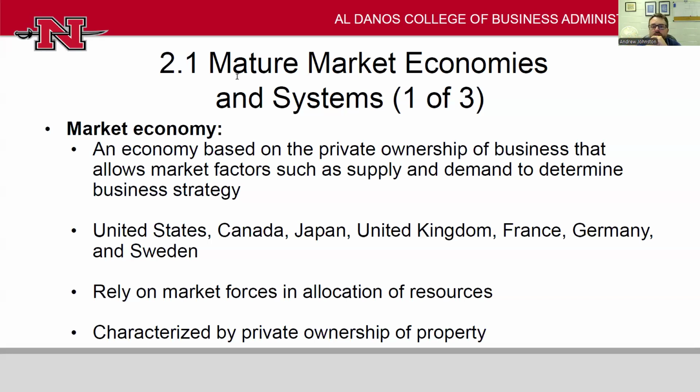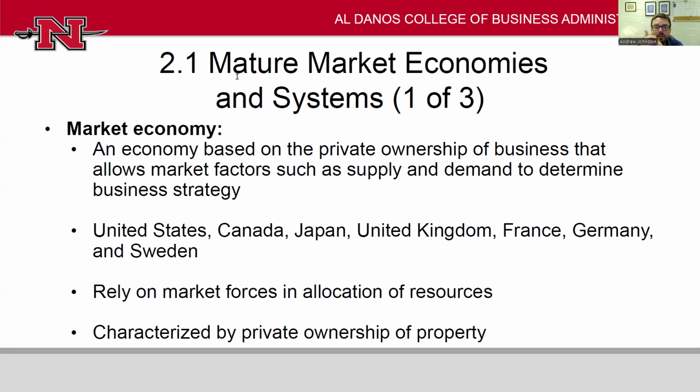But how do we speak about the international environment and what are some of the differences? Well, we also often talk about the different types of economies that countries have, or even regions have, when we're talking about international business. The one that we're familiar with here in the USA, of course, is what's called a market economy or a free market. The idea here is that business is owned privately and business owners are pretty much left to their own devices to make their own decisions, determine how much they're going to produce, how much they want to sell, determine their own prices.